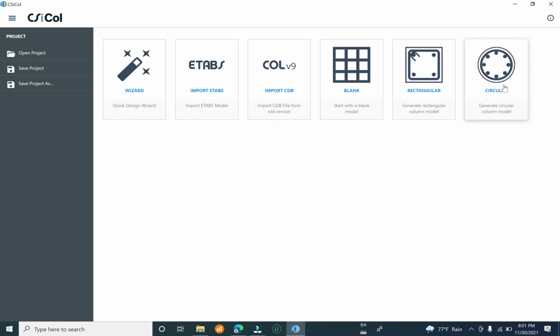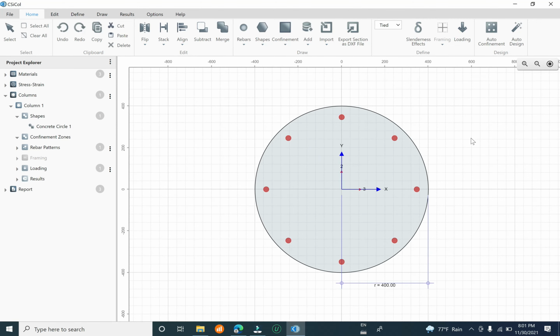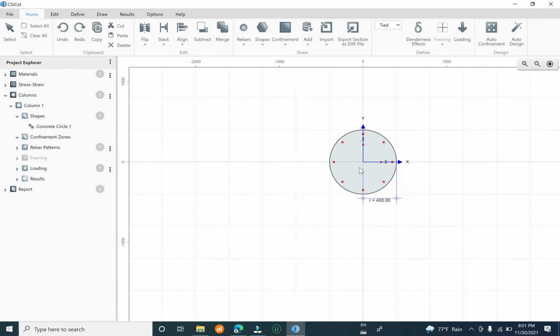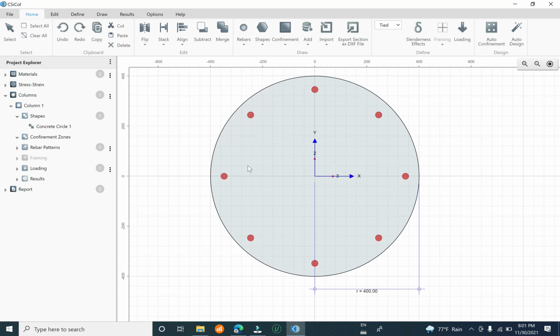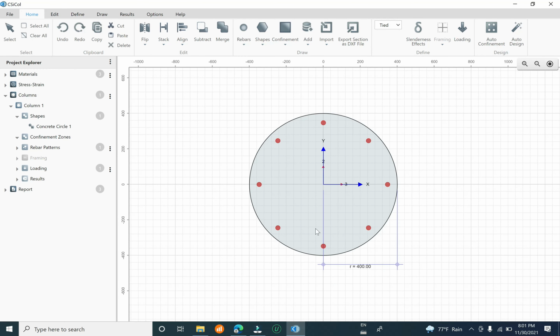For the circular section, click on circular section. After you click on this type of section, the default section is here. Now we want to correct this section and rebar. Let's start from the material. Click on this icon,